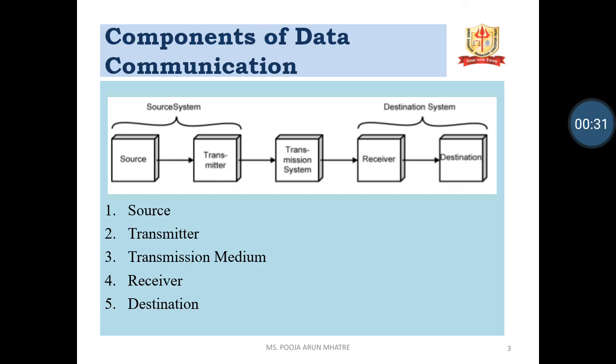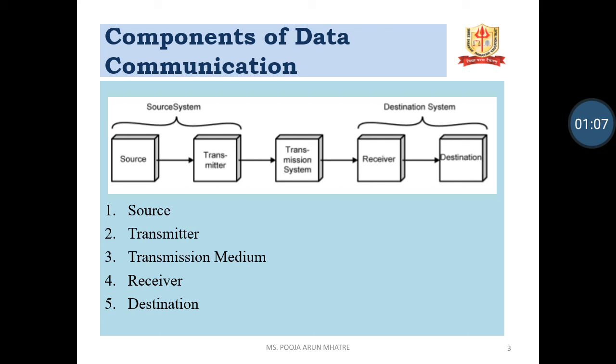First, we will see the components of data communication. Data communication is the process of information exchange. That means we need many hardware and software devices and links to transfer data. This communication facility is used for transferring and exchanging data. So when a sender sends and a receiver receives a message or data from one place to another, at that time we need a number of devices and a number of links.